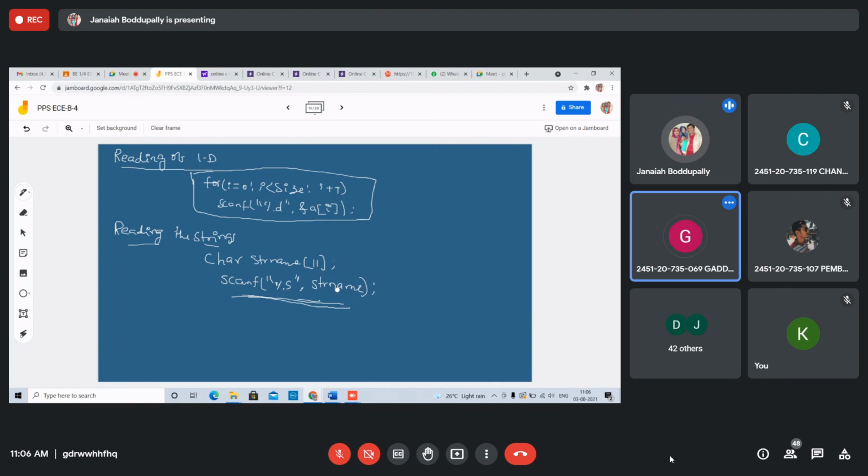Any doubt? No, sir. Okay. Now there is a small disadvantage with scanf: if a white space comes in the middle, suppose if I give an example like this, I will show you in the compiler. Scanf, how to read the